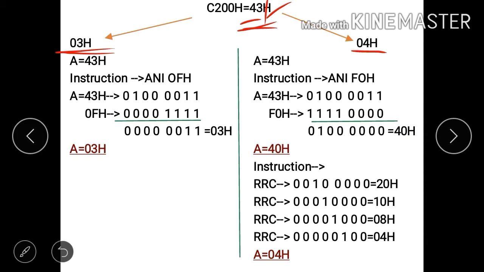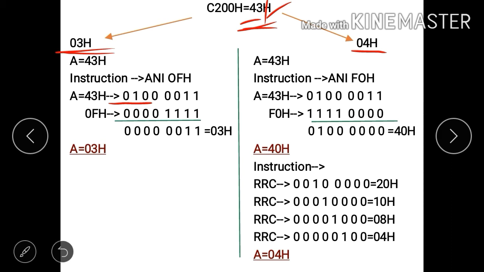The binary format of 43H is 01000011. We need to convert all these 4 upper bits into zeros. After that we will get 03H.